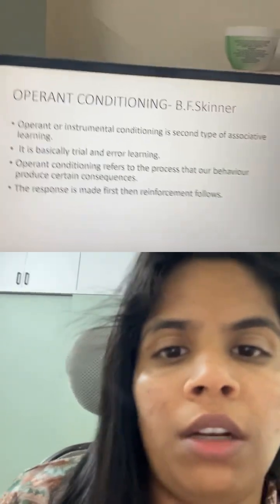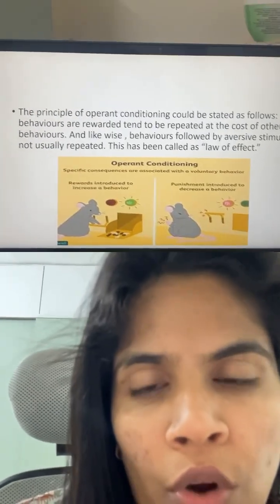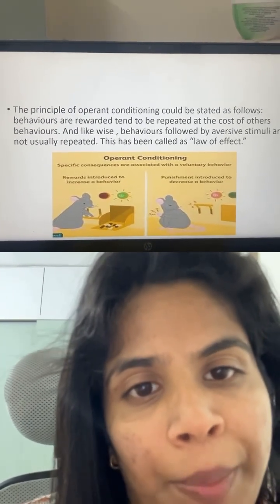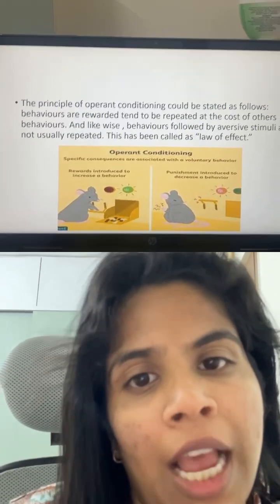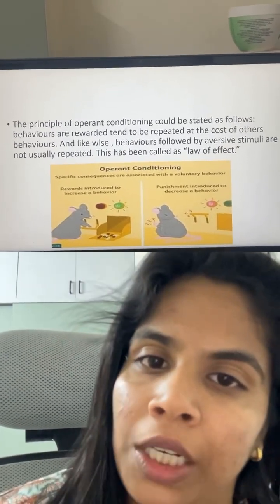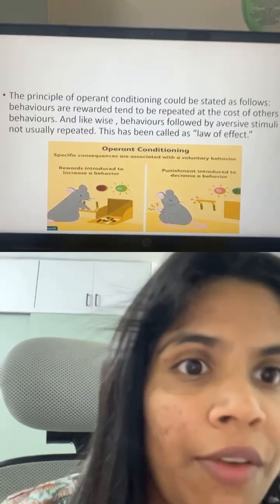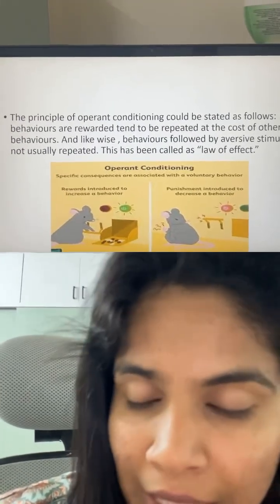Okay, so now let's see. The principle of operant conditioning could be stated as follows. Behaviors that are rewarded tend to be repeated at a cost of other behavior, and likewise behaviors followed by an aversive stimulus are not usually repeated. This is called the law of effect. As we all know, B.F. Skinner gave the experiment